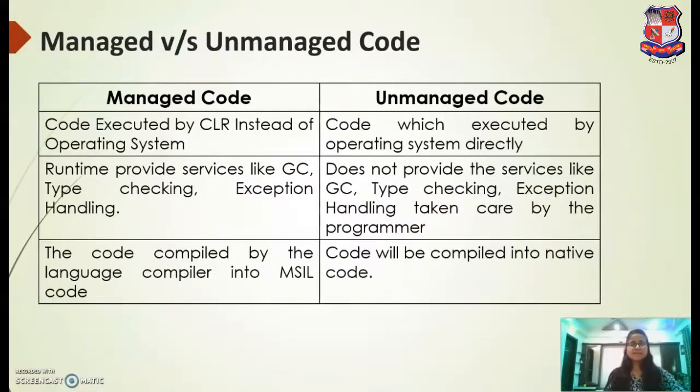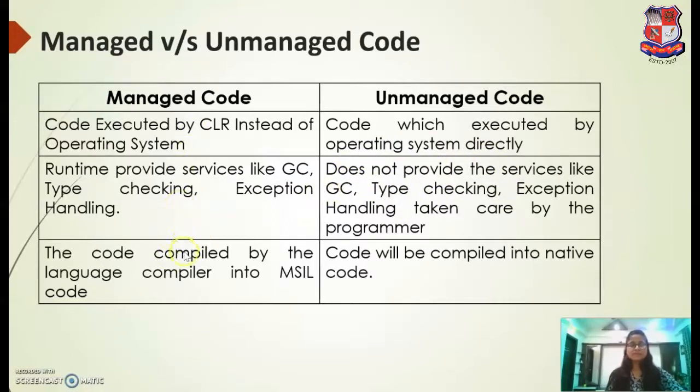So in summary, we can say this is the comparison between managed code and unmanaged code. Managed code is code which is executed by the CLR, and unmanaged code is not executed by the CLR. Managed code gets the services of the CLR, such as garbage collection, type checking, exception handling, thread management, and other services, while unmanaged code does not have any kind of services.